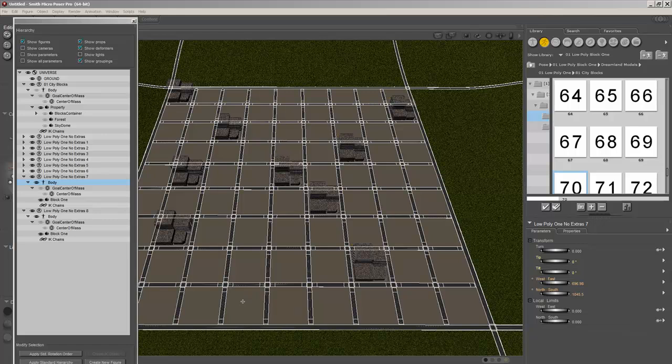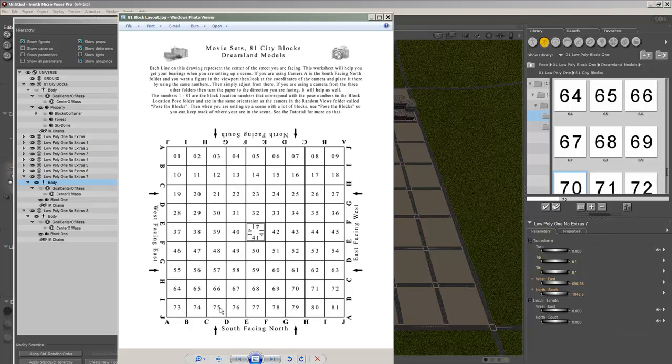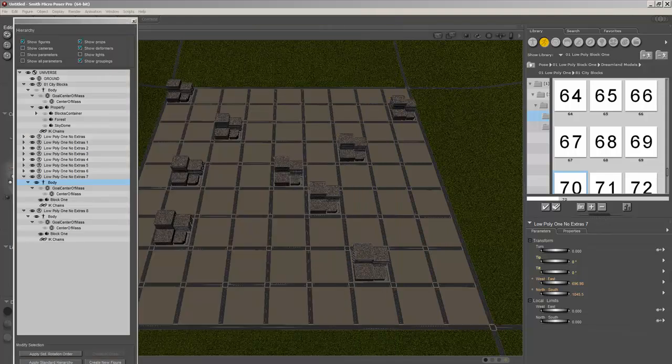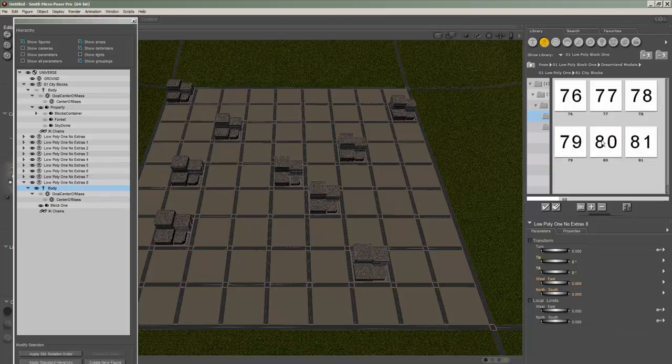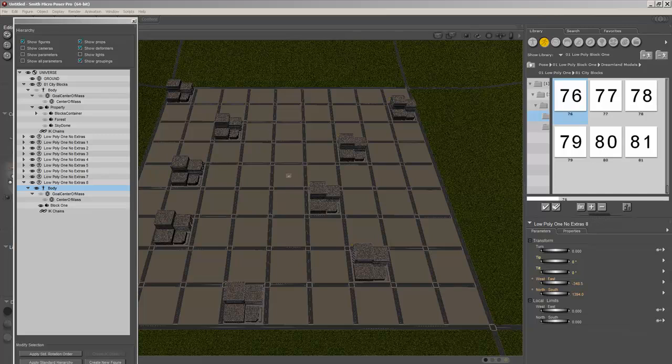And then I think we'll go right around here, which on the sheet would be about 75 or 76 for the last one, which is here. So we'll try 76 and see how that looks. That's not too bad. So we have 1, 2, 3, 4, 5, 6, 7, 8, 9 different low poly blocks